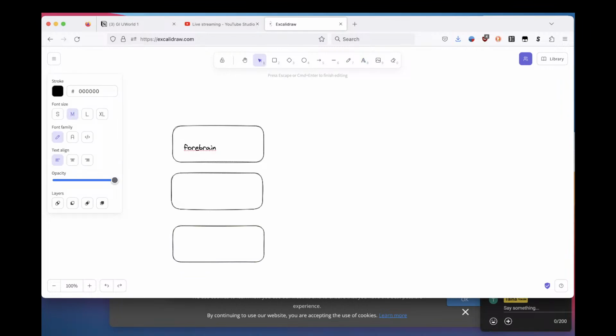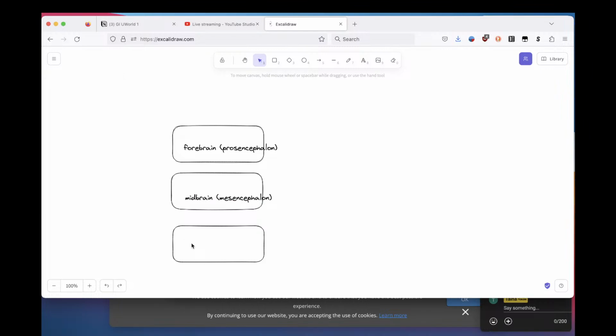So forebrain is the prosencephalon. Okay. Midbrain is the mesencephalon. And lastly, we have the hindbrain, the rhombencephalon. Okay. Next,